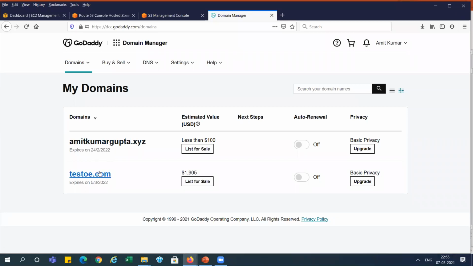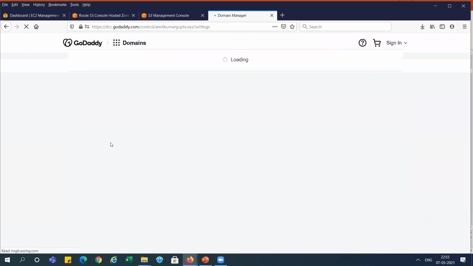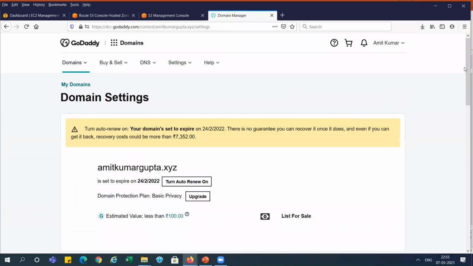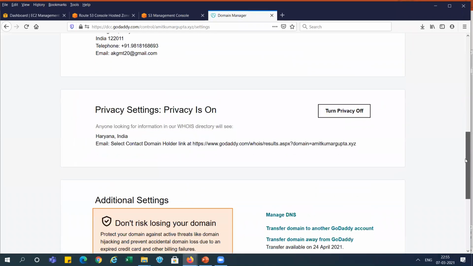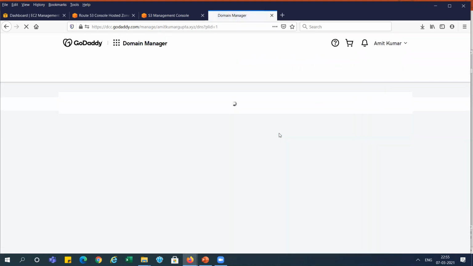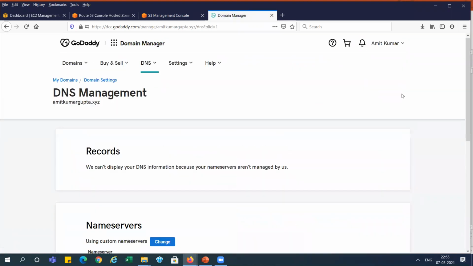I've taken it for 1 year. You can see the details showing here. You will get the option Manage DNS here. So I will show you how to configure this in Route 53.